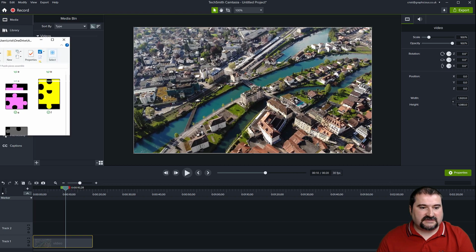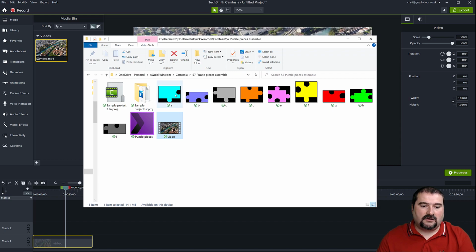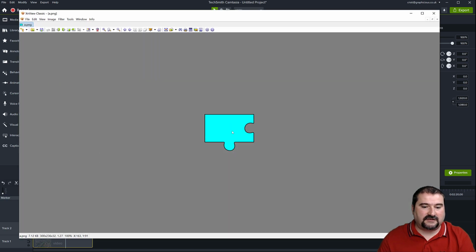I exported all of those shapes, and this is a very simple tutorial, really. All of those shapes, I exported them from Xara as individual images, each one of them in a separate file, and they are PNG files. Now, Camtasia cannot yet import vector files unless they're like Lottie files or something, but these are PNGs, and they're large enough so it doesn't make a difference when I put them on the screen and use them for my animation. So they're quite large. I believe each one is about 300 pixels or so. You can see them here, each individual one.